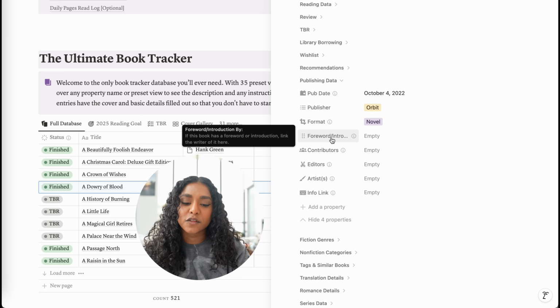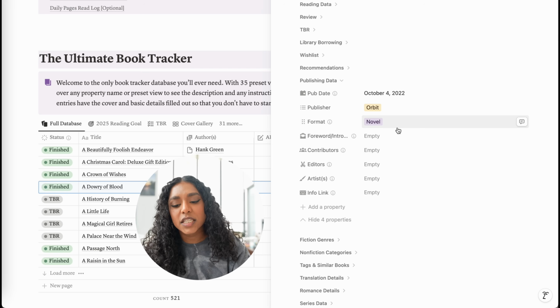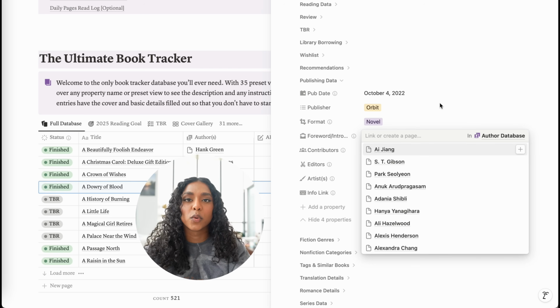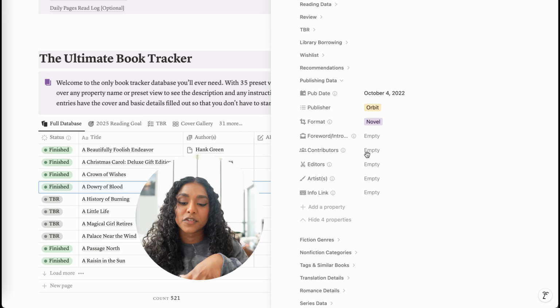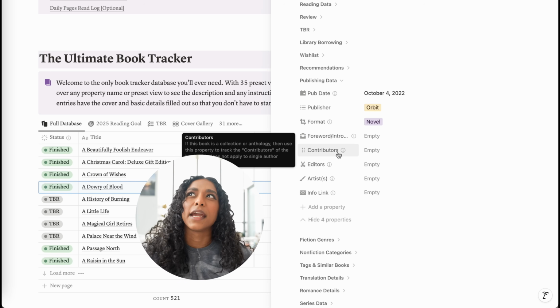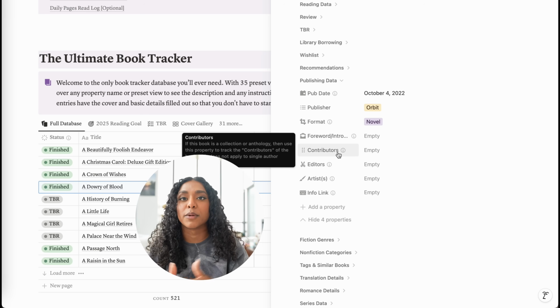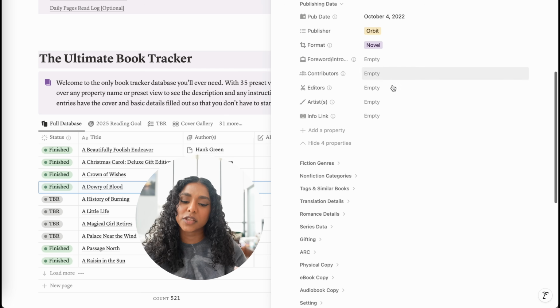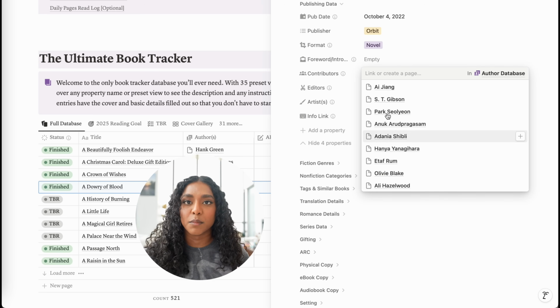So this one is foreword or introduction by. This is where you would tag in a person who has written a foreword or introduction for the book that you're on. And then following that, I have a property for contributors. Say this is an anthology of short stories where each short story is by a different person. Rather than putting them in the author category, you would actually put them under contributors, and you can tag multiple